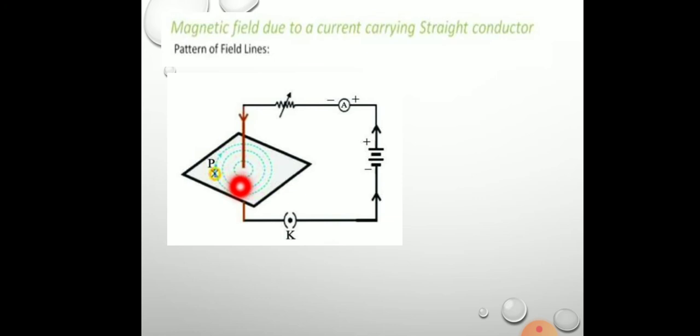Okay, so what was the observation by doing this experiment? The first observation was that the magnetic field lines form concentric circles around the wire, because of the magnetic field produced around the current carrying wire. The second observation was that when the direction of the current in the wire was reversed, that is, the positive terminal and negative terminal were reversed, the current was flowing in the opposite direction.